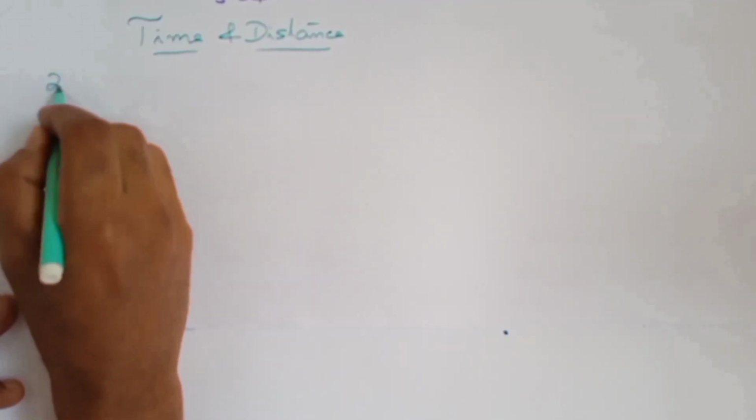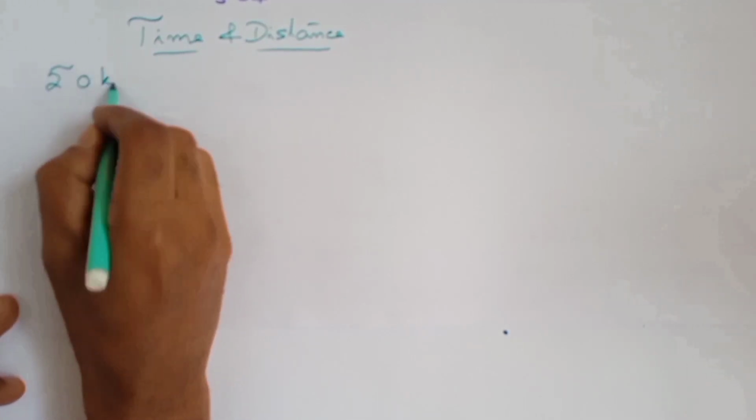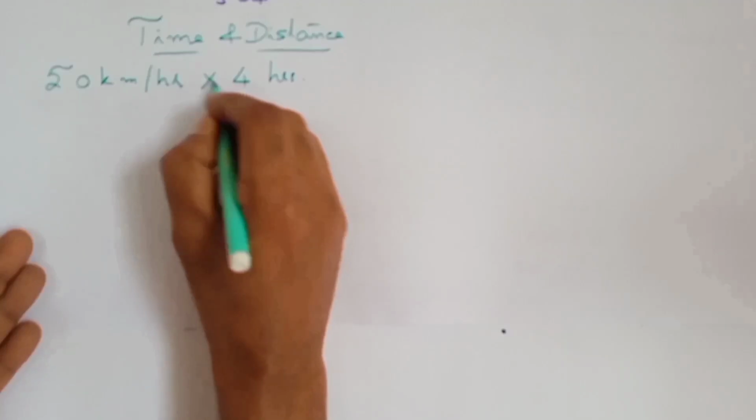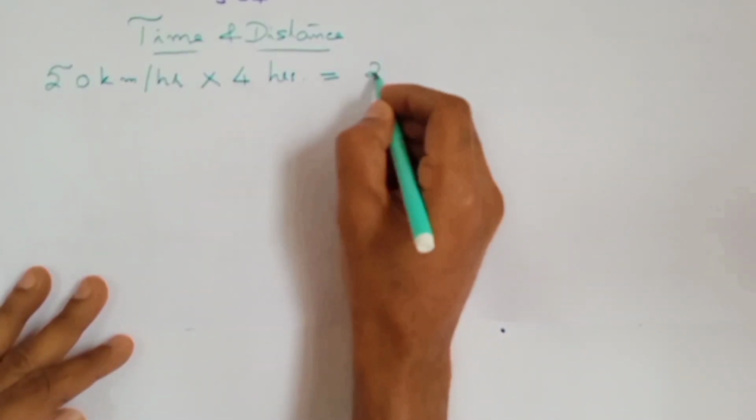Hey guys, we are looking at the basic concepts of time and distance today. This is an important topic for all competitive examinations. Supposing you are riding a bike at 50 kilometer per hour, and if you keep riding it for 4 hours, how much would be the distance you cover? The distance you cover will be